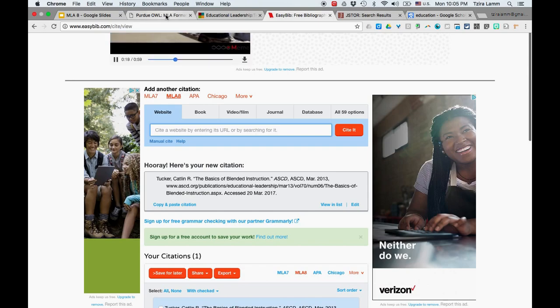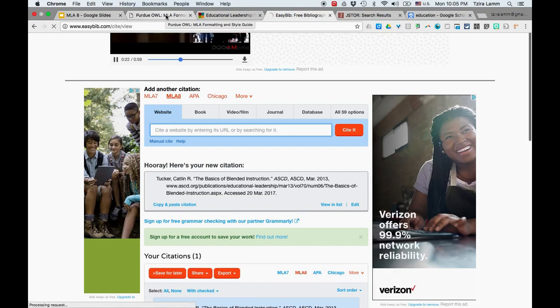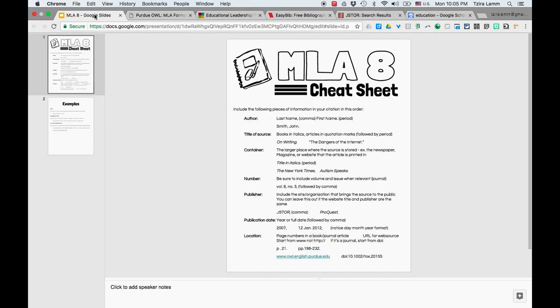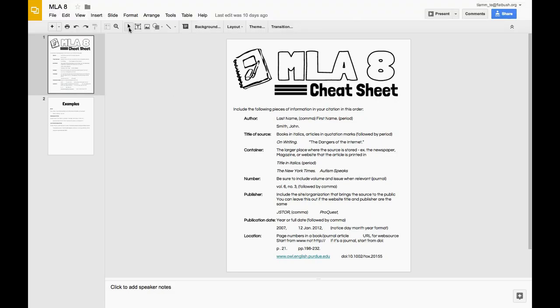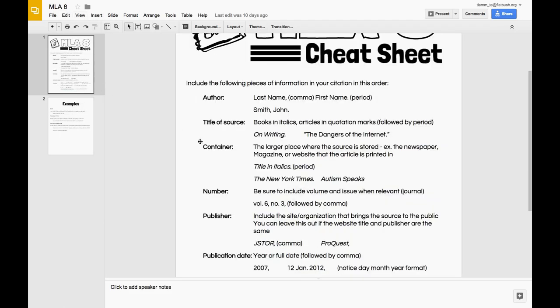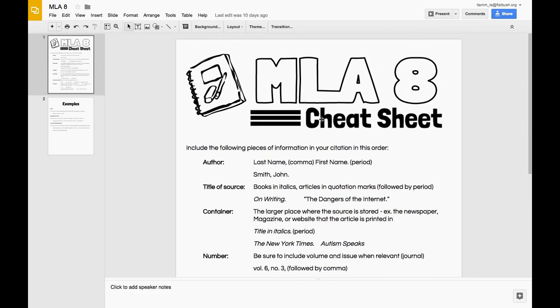Okay, so now we spoke about citations being generated automatically in databases. We spoke about generating a citation from a generator like EasyBib. Now I'm actually going to talk about the long way of doing things, and I'm going to do that in 2 ways. Way number 1 is using this cheat sheet that I made you. This takes information from, let's say, OWL, which I'll show you in a second,